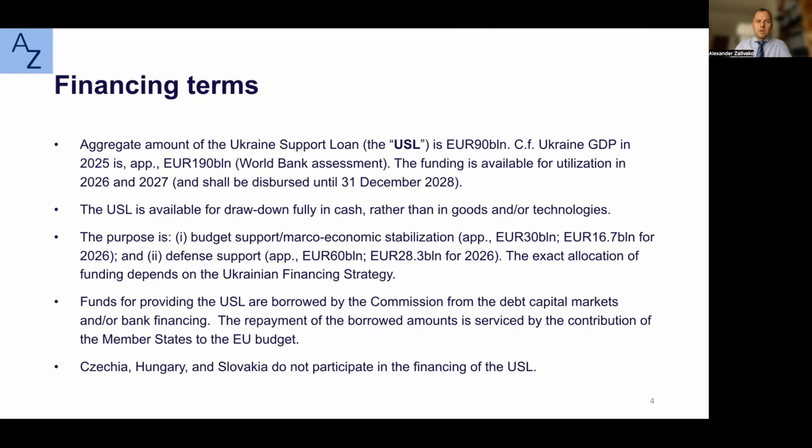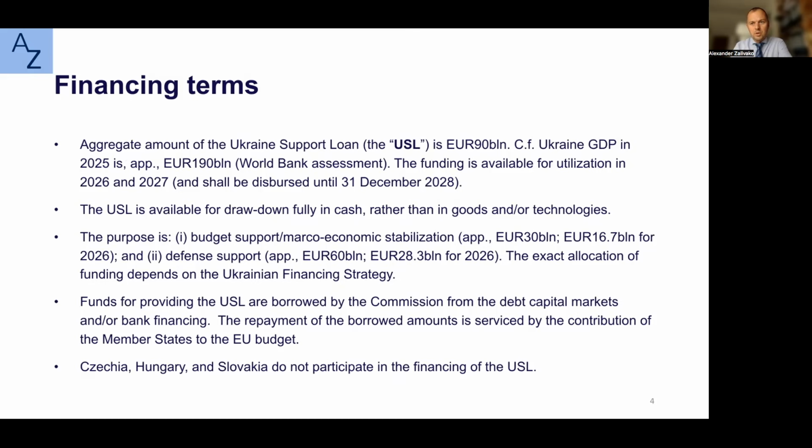So let's look at the main terms of the loan or aid. We will decide later in this presentation what would be the appropriate term for this instrument. Its principal amount is set at 19 billion euros. And to give a perspective to this figure, compared to the Ukrainian GDP, it's almost half of the GDP if converted into euros. The loan is noteworthy not only compared to the national GDP, but also if put in perspective